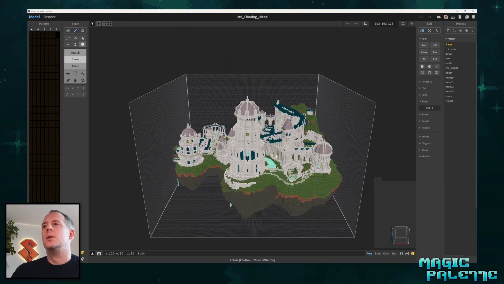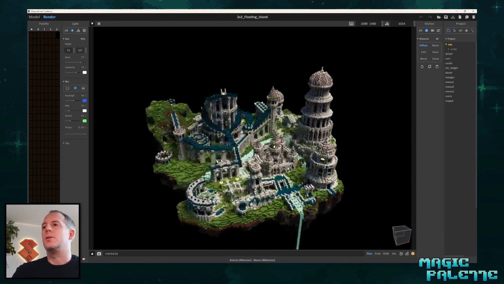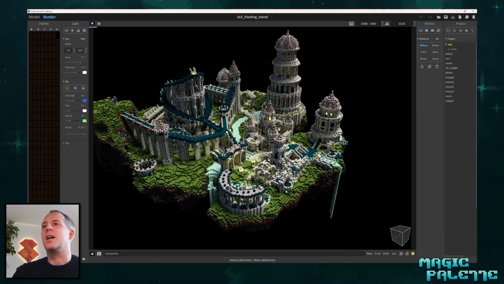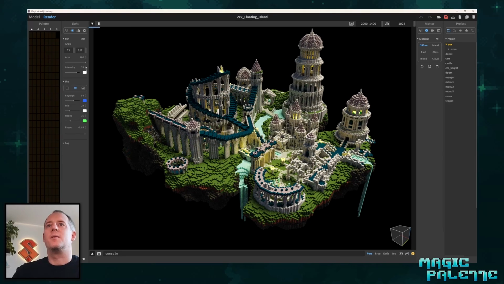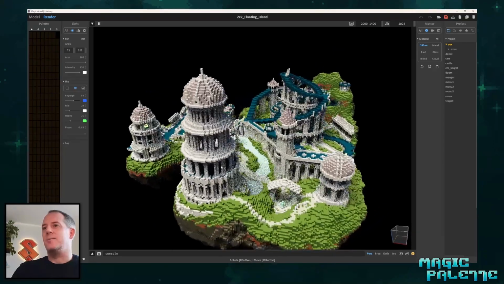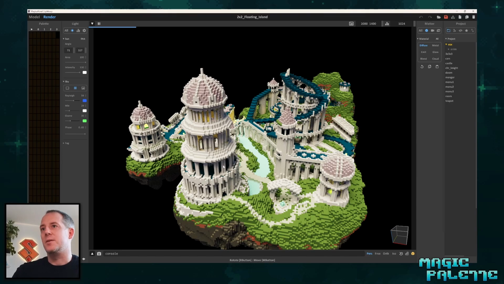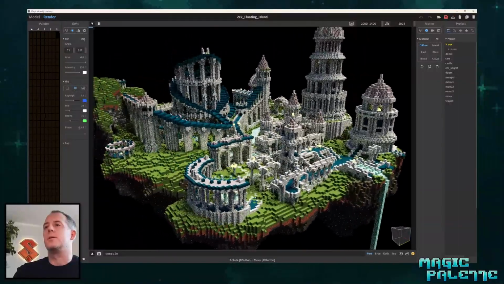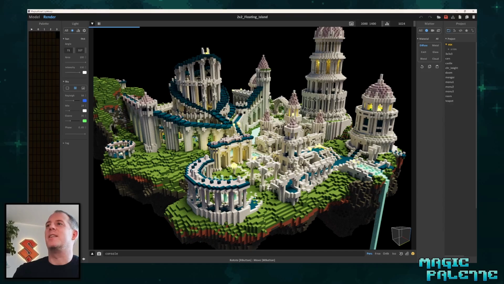Maybe to see also a bit what is possible block based, we have this example here. This is kind of a floating island where we see quite a few buildings, and the design itself really elevates block-based approach, because we all know we love to use assets. Of course, for various things we would use assets, but for other things it's quite cool, and also performance-wise, because blocks don't use that much performance as an asset does in your game, and it can be quite attractive to build things with just blocks, in our opinion, especially if they are well designed and if they blend in well to your